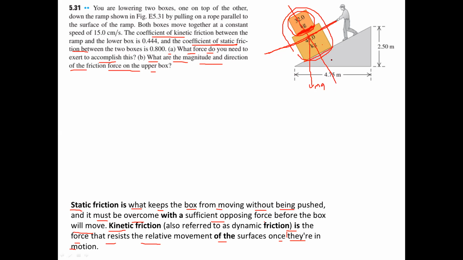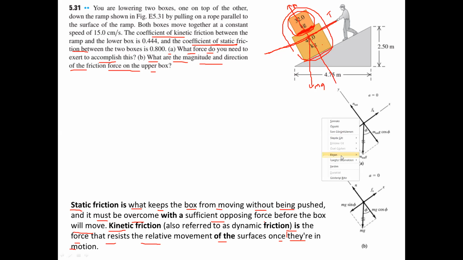Weight, and here's a tension because of this rope. Also, there's a normal force. Okay, it will be similar to the previous question actually. So here is your free body diagram for the two masses system. And this one is the free body diagram